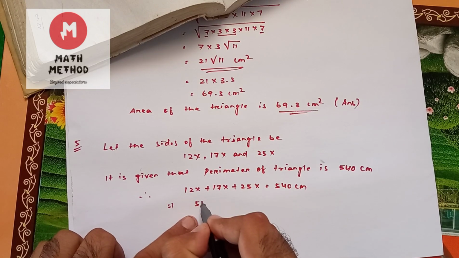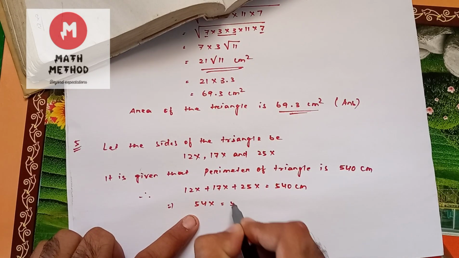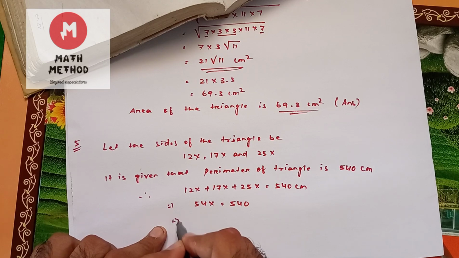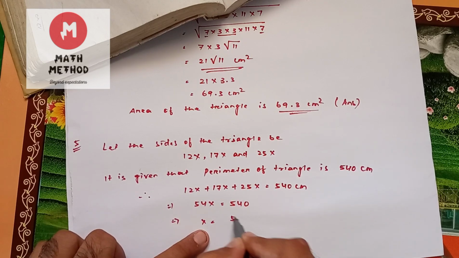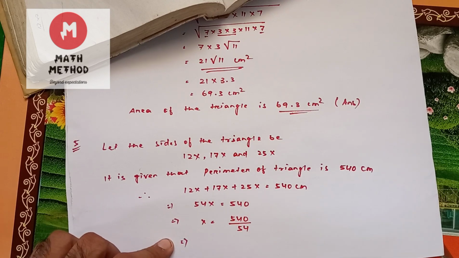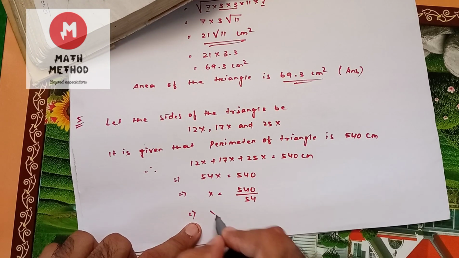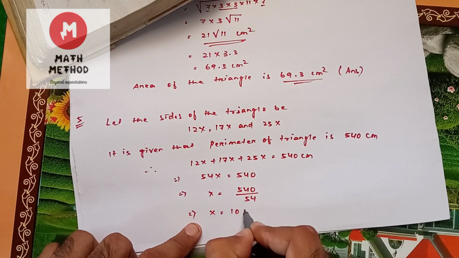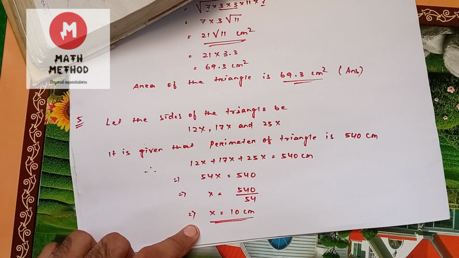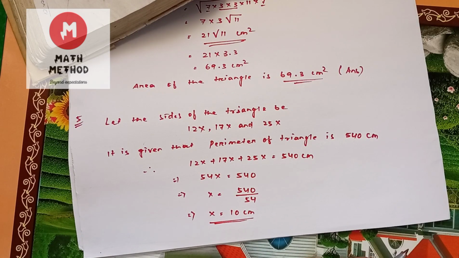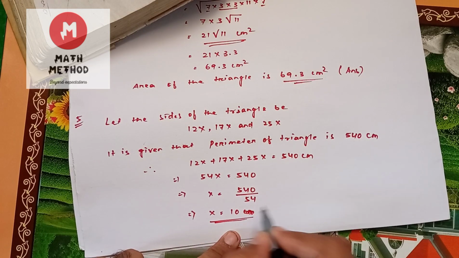is equal to 54x is equal to 540, implies x is equal to 540 divided by 54 which is equal to x is equal to 10 cm. Clear? Not cm, only 10. Now